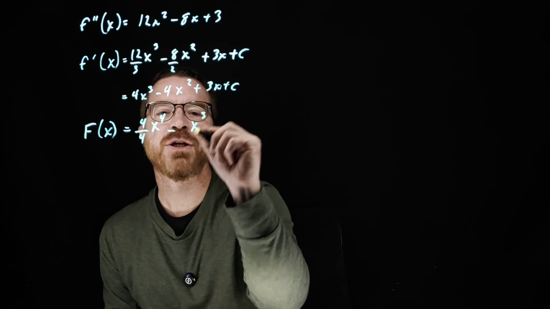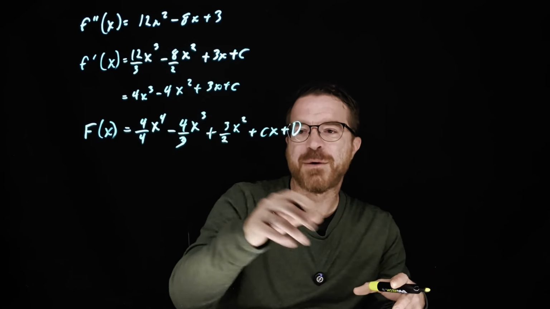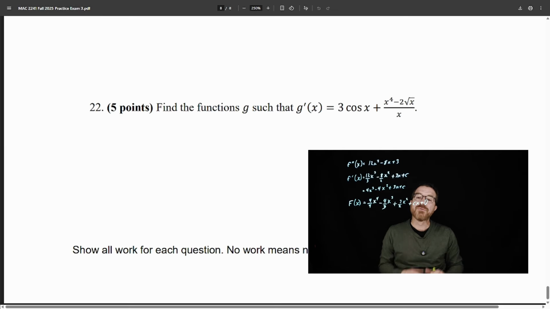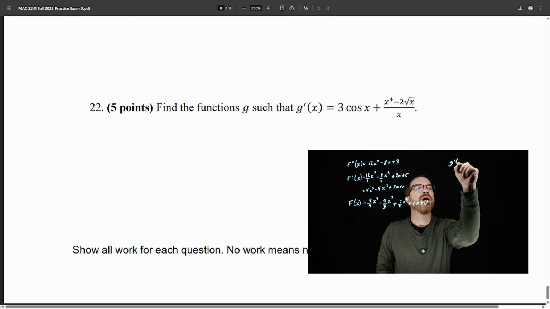Now one thing we could do for a problem like this a lot of times is I will give you two different values. One of them will be 0, which will allow you to solve for your d typically. Once you have d, you can plug that back in, use the other value I give you to solve for your c. And then for our last problem, we want to find the function g such that g prime of